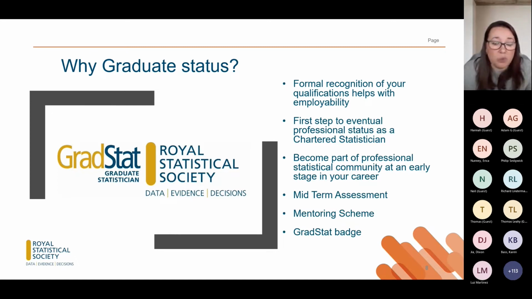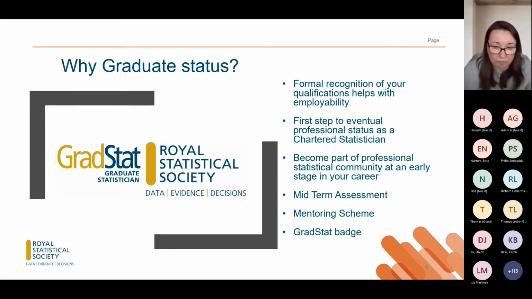In addition to the benefits enjoyed by fellows, graduate statisticians also get the use of the GradStat post-nominal designation and digital badge. You'll gain access to the Society's GradStat mentoring scheme, where you'll be mentored by a CStat member on professional development required for your application to become a CStat yourself. Current CStat holders are assigned a graduate statistician within a similar industry and expected to build a mentoring relationship, providing advice on how to maintain their CPD profiles, their career progression,